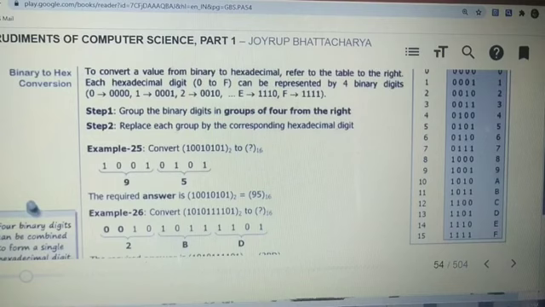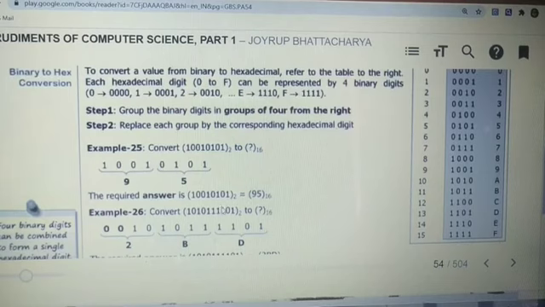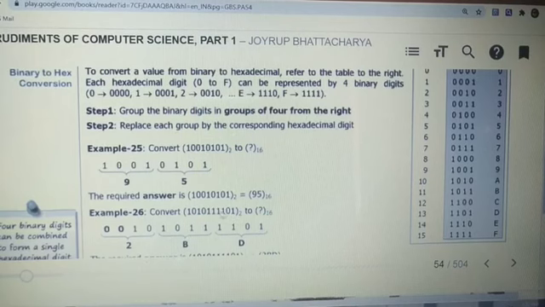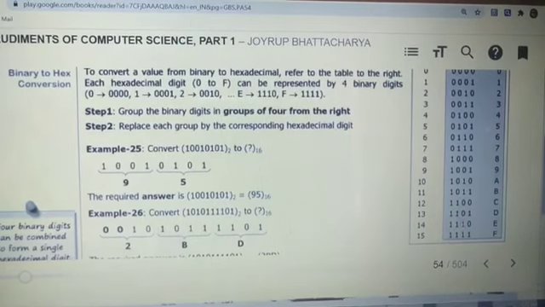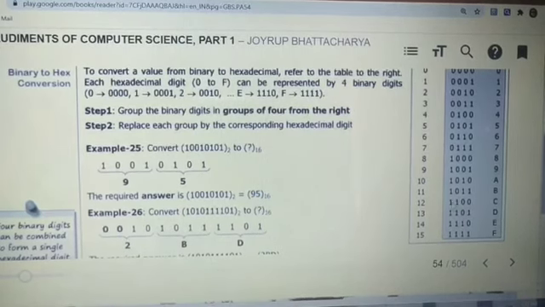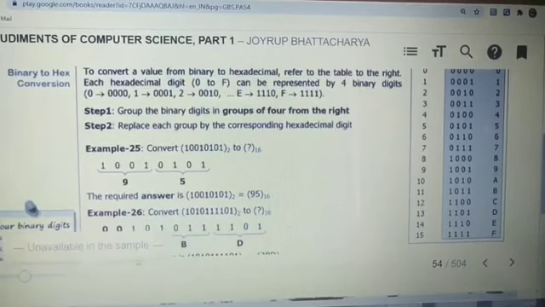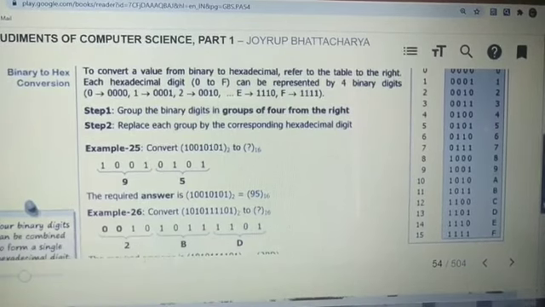So what we have to do, from the right-hand side to the left-hand side: previously for octal we clubbed 3 digits, but hexadecimal is a 4-bit representation, so we club 4 bits. So 1011, next 1101, then 0 and 1 are left, but we have to complete the 4 bits, so we fill the upper 2 bits with 0, giving 0001. 1101 means D, 1011 means B, and 0011 means 3. In this way we can do the conversion.